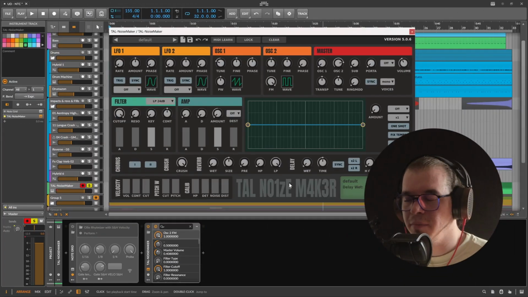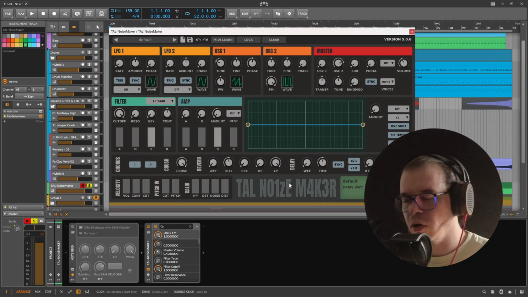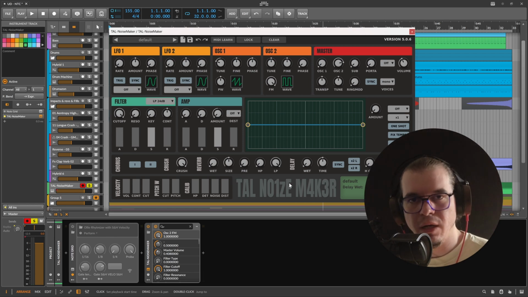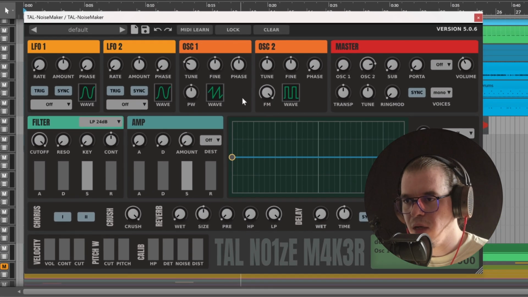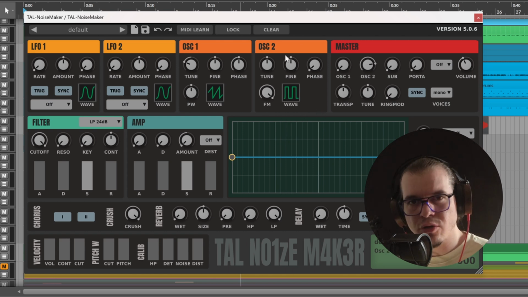I use the Tal Noisemaker in my tracks to add this analog dirty vibe, especially when I'm too lazy to turn on my analog synthesizers, because it doesn't take a lot of CPU and it just gives you this dirty sound that you're expecting from an analog synthesizer. With it, you have a couple of oscillators with basic shapes: saw, square, and noise for the first one. For the second one, same shapes, but we also have the triangle and the sine oscillators. It can do FM, as you just heard, and ring modulation,